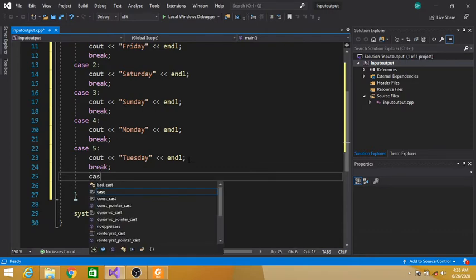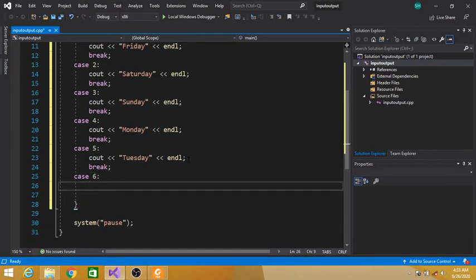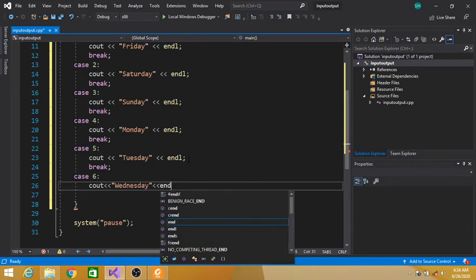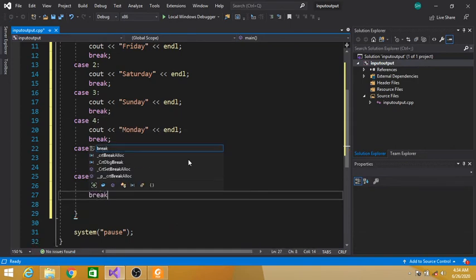Similarly, case 6 colon, cout Wednesday, end of line and then break statement.